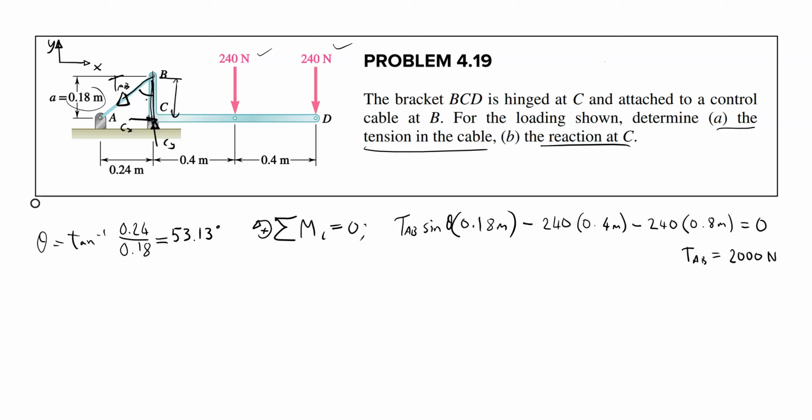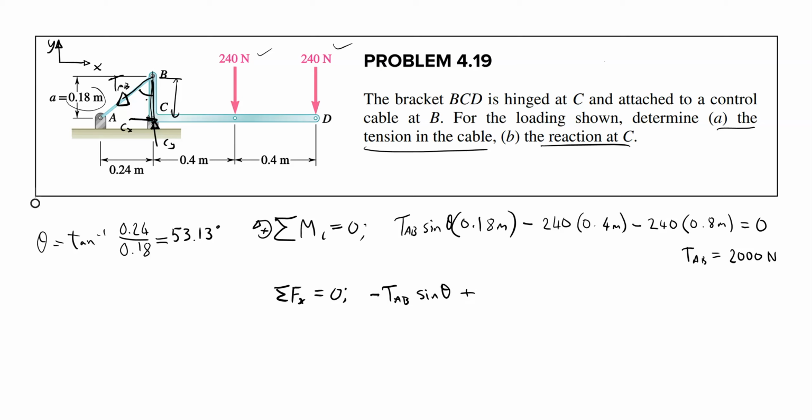So next, we can do sum of forces in X, sum of forces in Y to find what's going on with C. Let me start writing those equations out. So we'll do sum of forces in X is equal to 0, to maintain the equilibrium of our body. So we're going to have minus the X component of TAB, so minus TAB, because that's in the negative X direction, minus TAB sine theta,